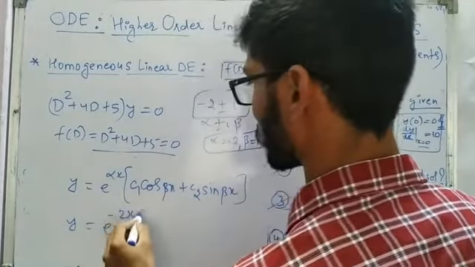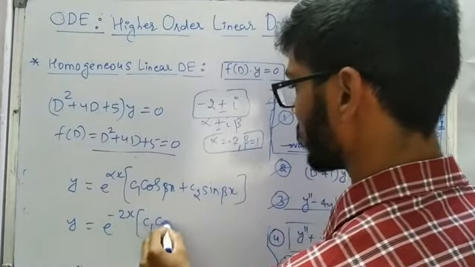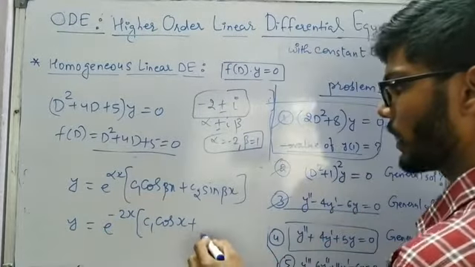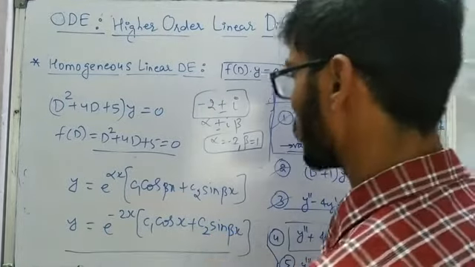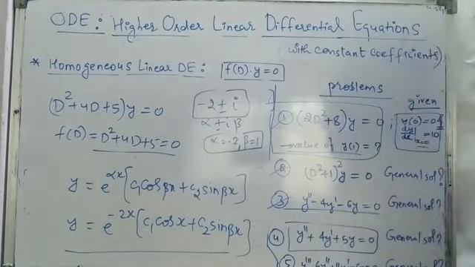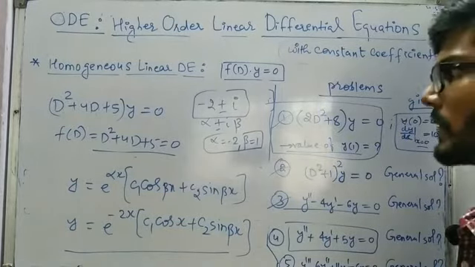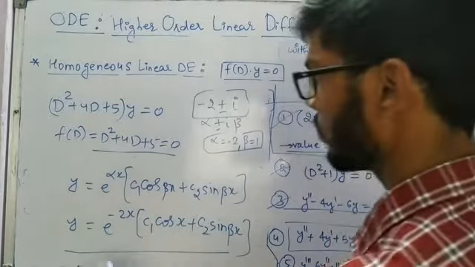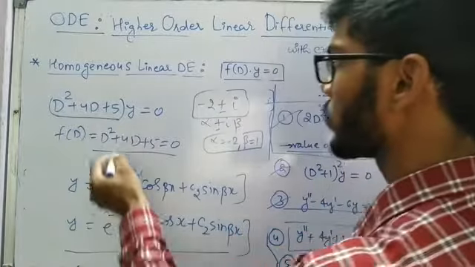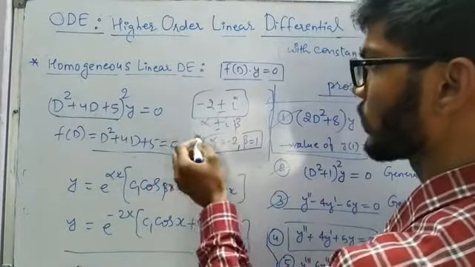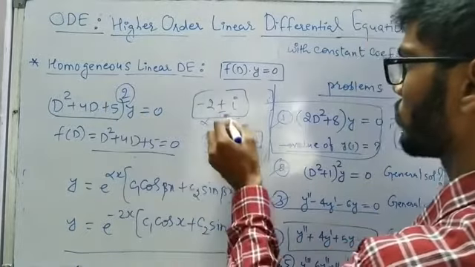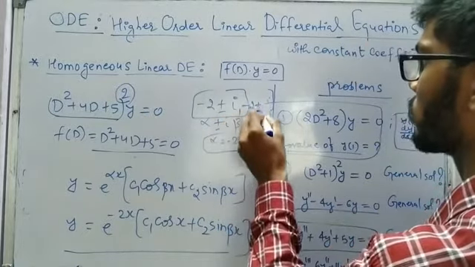Alpha is nothing but minus 2, x, c1 cos x, beta is nothing but 1, and c2 sin beta x. So that's all. There is nothing much difficulty in it, and I am modifying this problem here itself. Instead of D squared plus 4D plus 5, if it is given as a whole square, we are going to get the same roots, but we are going to get them 2 times because the whole square is there. So minus 2 plus minus iota, and again minus 2 plus minus iota.